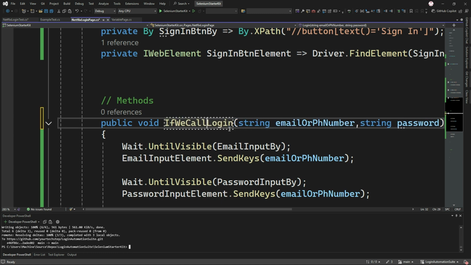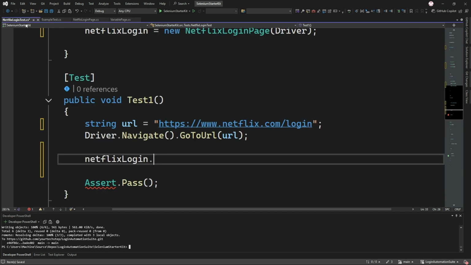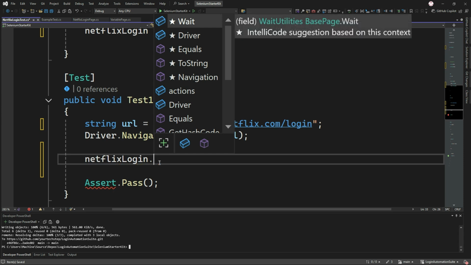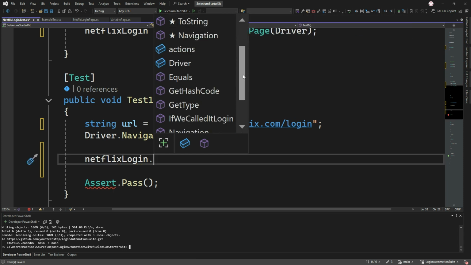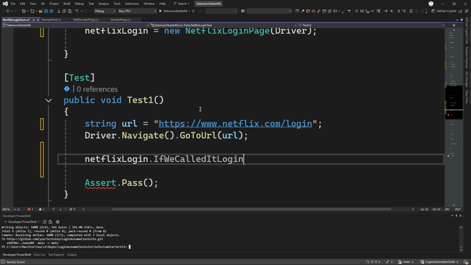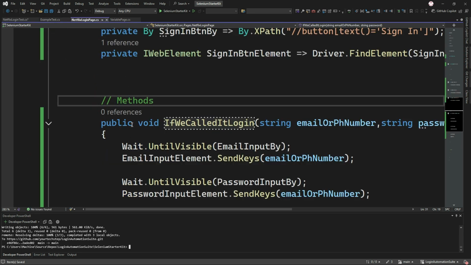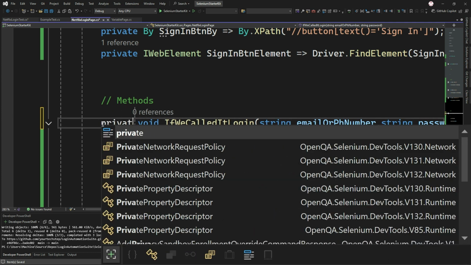If we called it login and we go back to our test and we access the methods and the properties of the class, we now have it if we call it login. So we could use this. But I do want to show one thing, which I should probably make an entire separate video series on, the access modifier. So if you accidentally name this private,